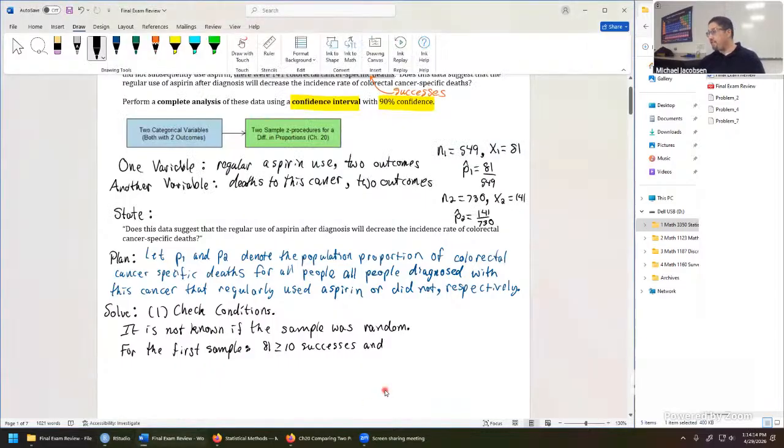Giving us 468 failures. So we're definitely on the right track, but on your exam for full credit, definitely show these counts. I forgot to say greater than or equal to 10 here. Let me clear that off. Greater than or equal to 10 failures. And for the second sample,